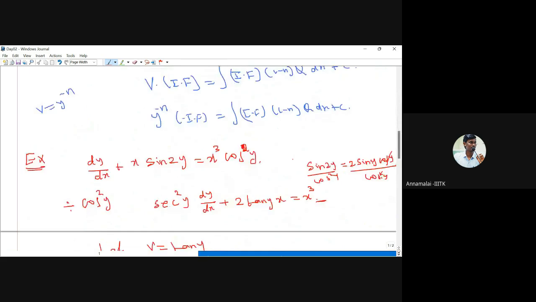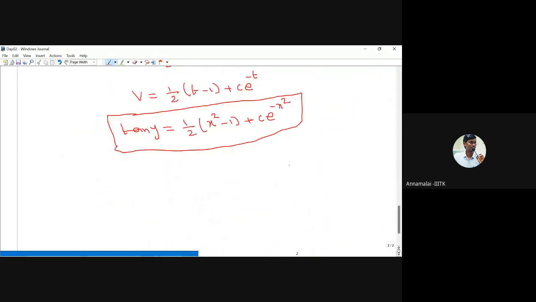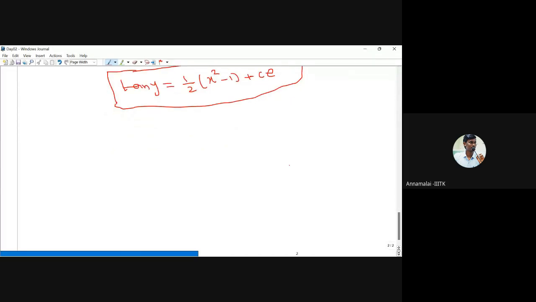So far we have discussed the solution of the first order first degree equation. Quickly we recall. The coefficients are either variable or constant. Any first order differential equation like this, dy by dx plus p times y equal to q, is the general form of a first order differential equation, where p and q are functions of x alone, or both are constant, or any possible case. In any case, the solution is